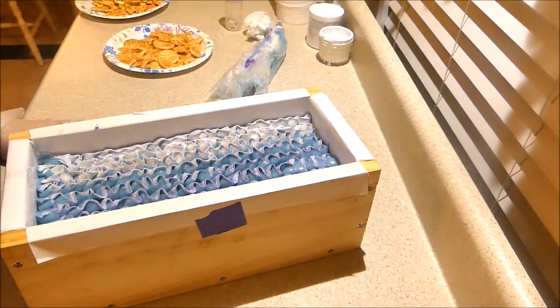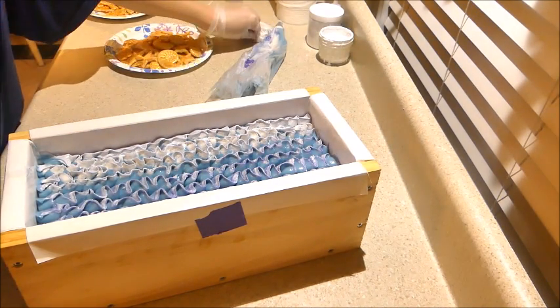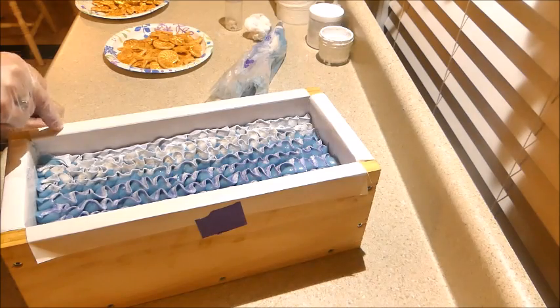And I think what I'm going to do real quick is measure. I forgot to mark my thing, so I'm going to...